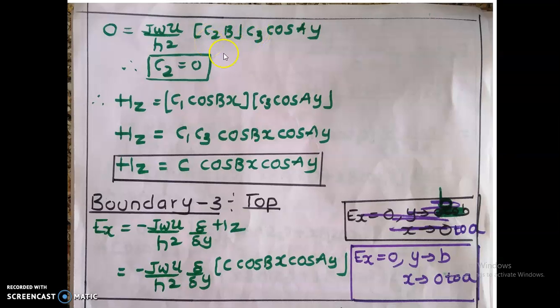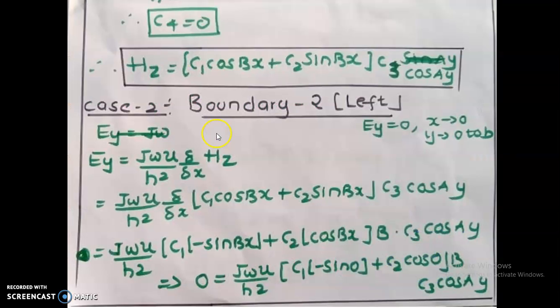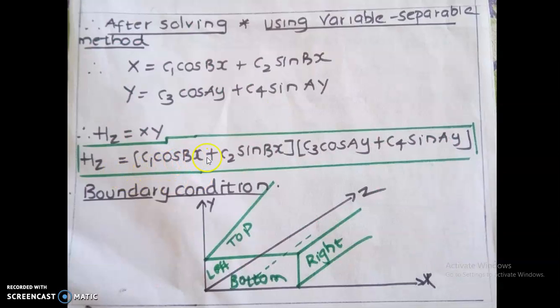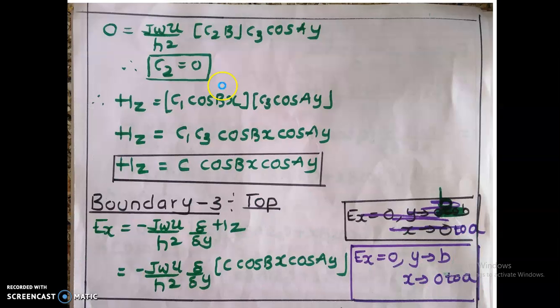Now if you observe, c2 and c3 are left. Any multiplication of terms becoming 0 means one term must be 0: this cannot be made 0, b cannot be made 0, and c3 cannot be made 0 as y is a variable. Obviously we have to make c2 as 0. So we substitute c2 as 0. The conclusion is that c2 and c4 vanished from the boundary condition. The only parts left are c1 and c3, which are treated as c, and the rest remains as it is.